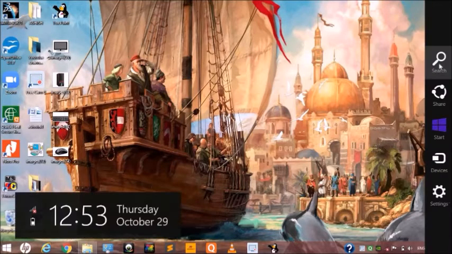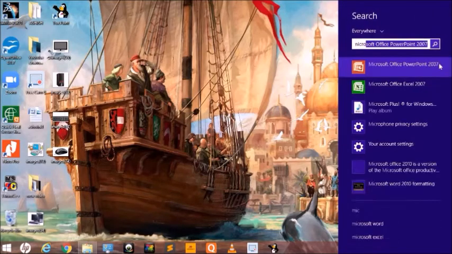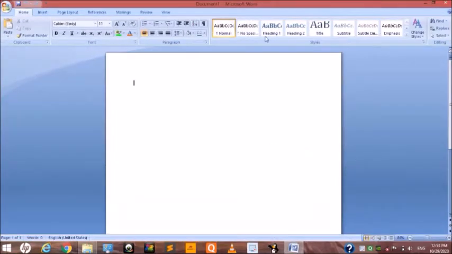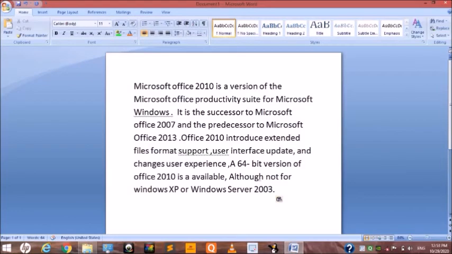First, open Microsoft Word, search for it, Microsoft Word. This is our Microsoft Word window. Firstly we have to write any sentence in the Word document. In this way, firstly move the pointer here, hold the click and drag the mouse pointer. In this way you can select the text.